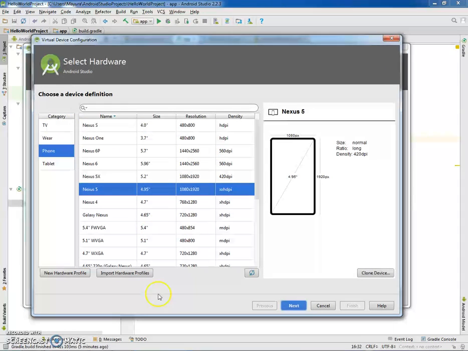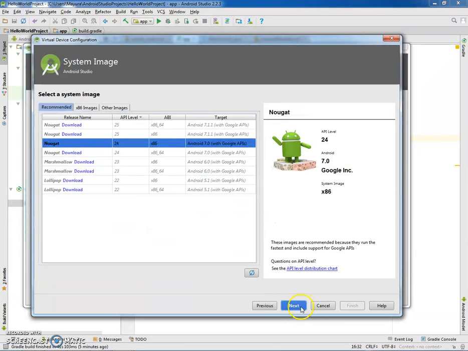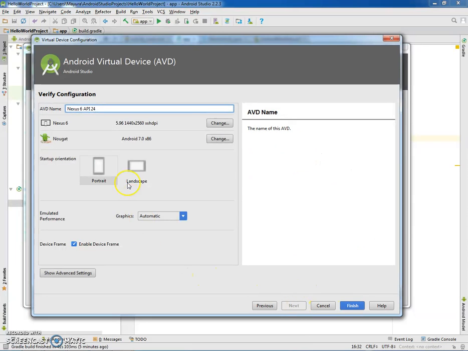You can select the device which you need. So we can select Nexus 6, click on next, and then the API on which this emulator should run. In our case, we'll be using the latest one, Android Nougat. You can select that and click on next. You can give the virtual device name whatever you need and click finish.